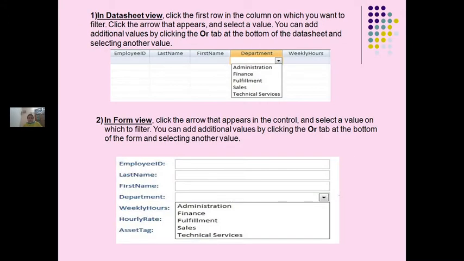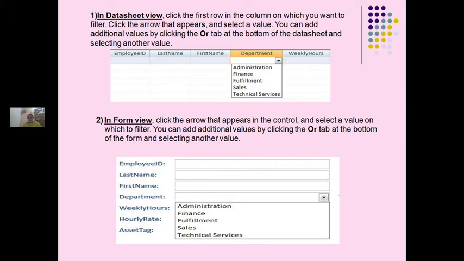If you are in datasheet view, click the first row in the column on which you want to filter. Click the arrow that appears and select a value. You can add additional values by clicking the OR tab at the bottom of the datasheet and selecting another value.